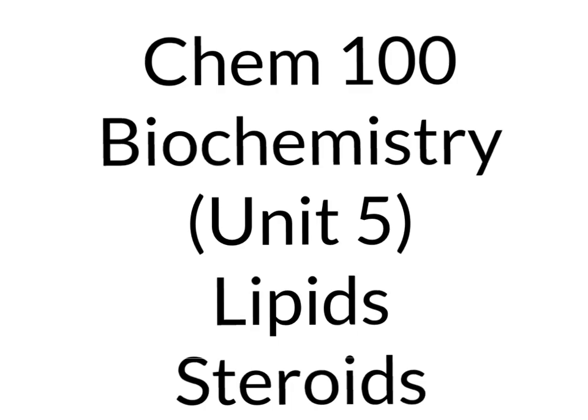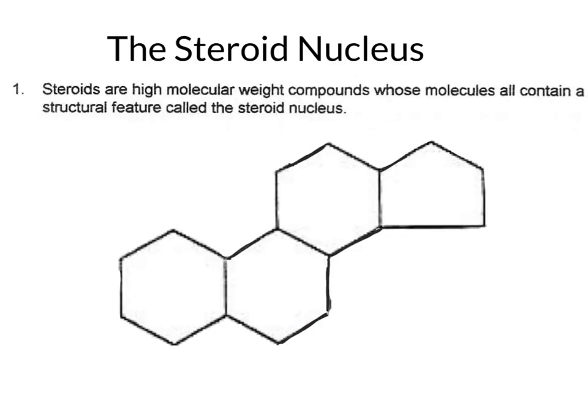And our fifth class of lipids will be the steroids. They're a little bit different, but again, their name will tell us which structures we find on them. How do you recognize the steroids? Well, the easiest way to recognize them is that they will have one common structural feature, and that is something